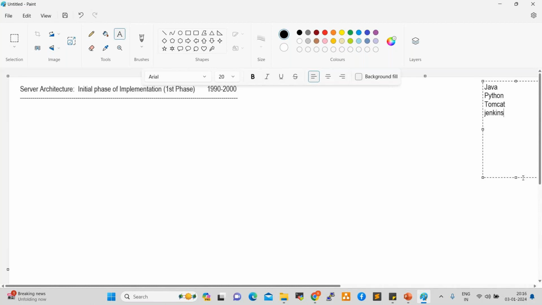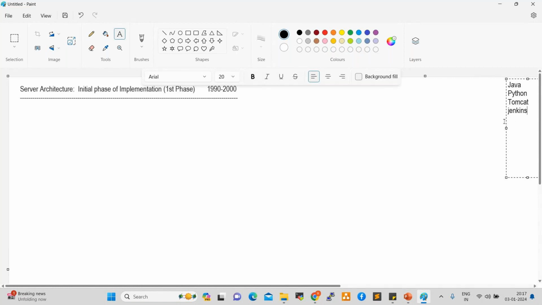So here we have four different applications, and I want to host these applications on servers. In the 1990s and early 2000s, how did the project teams design the server architecture and deploy the required applications on servers? Here we have four applications: Java, Python, Tomcat, Jenkins.